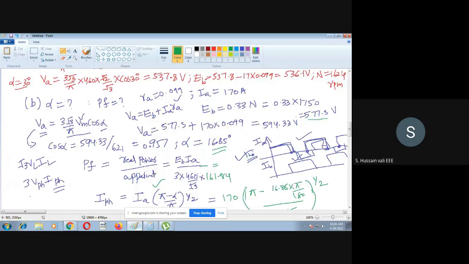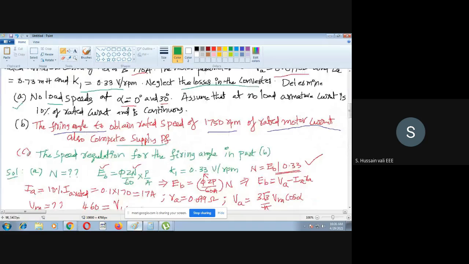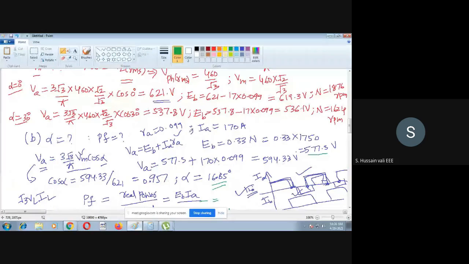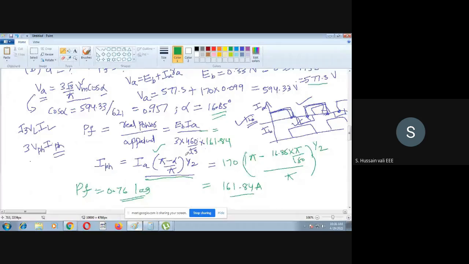Then we'll go to question number C, the last question. Maybe there are some calculations I want you to check, because mathematical calculations sometimes we may go wrong, but the analysis, there is no doubt in that. Please check whether this value is correct from this or not, so that this formula matches with this. If it matches, then our analysis is exactly correct.